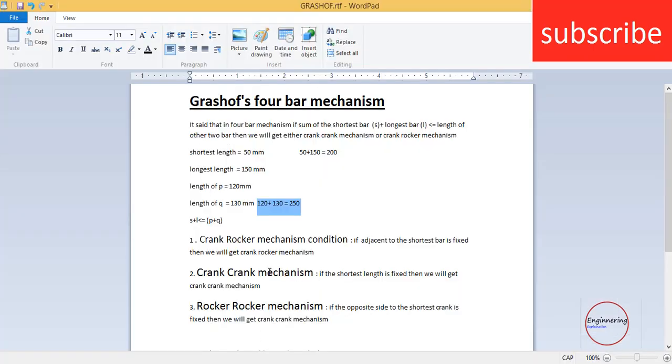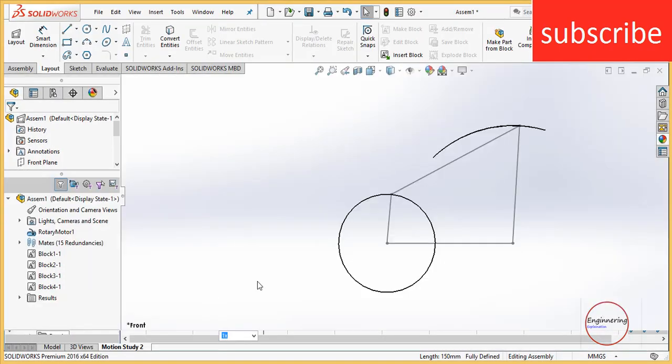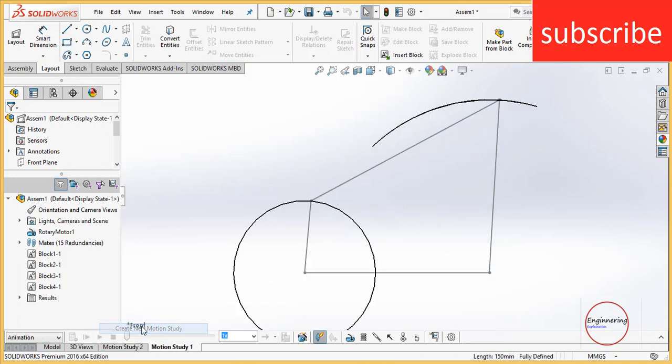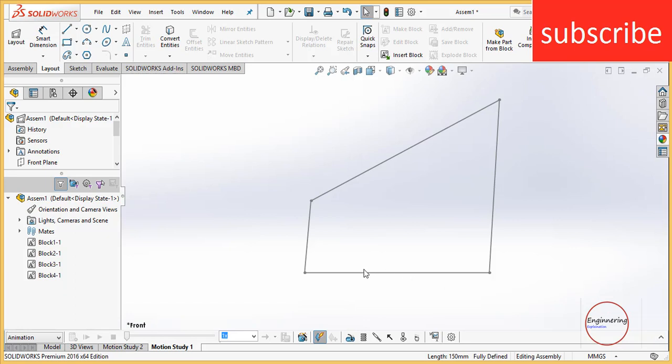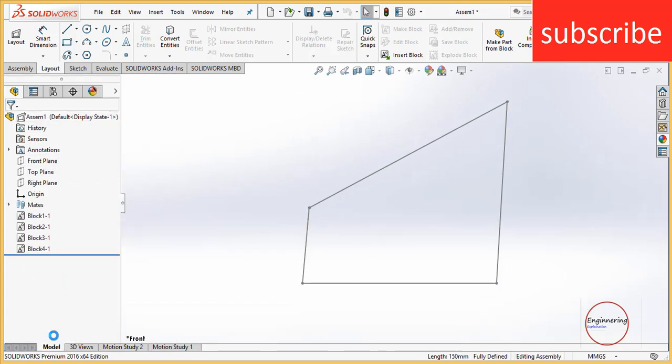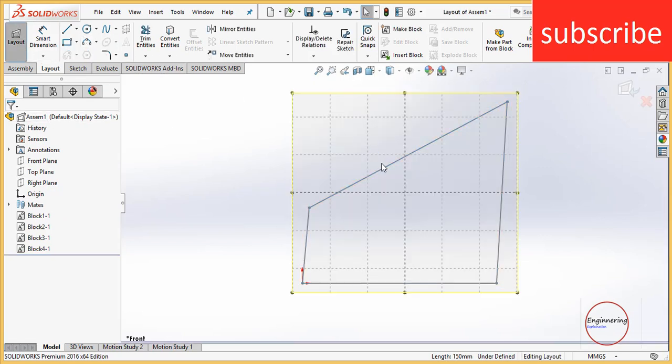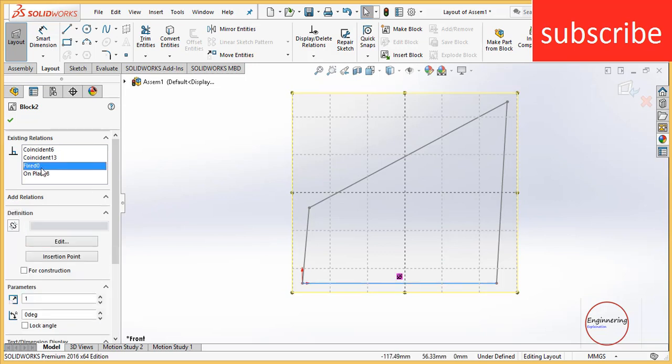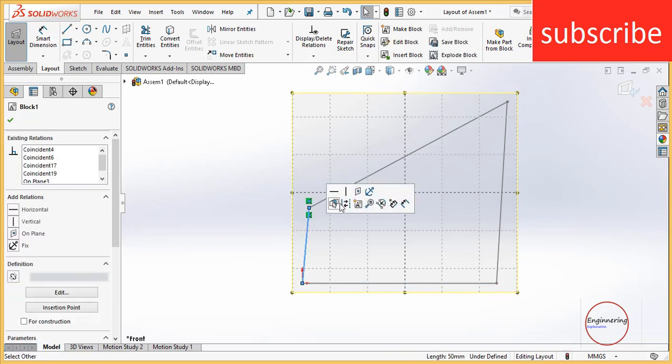Now let's see what is another condition. If the shortest length is fixed, then you will always get a crank mechanism. Let's see whether this condition is true or false. So what I can do is click on new motion study. First I need to do some changes, so click on the layout. I had fixed this length in the previous one, so click on delete, because this time the shortest length is going to be fixed.